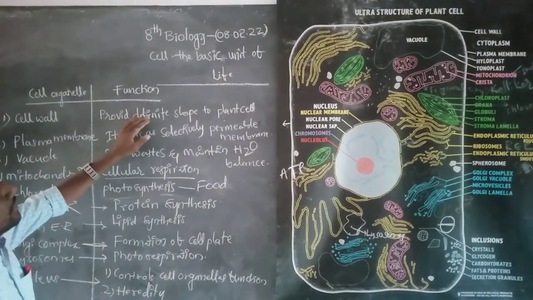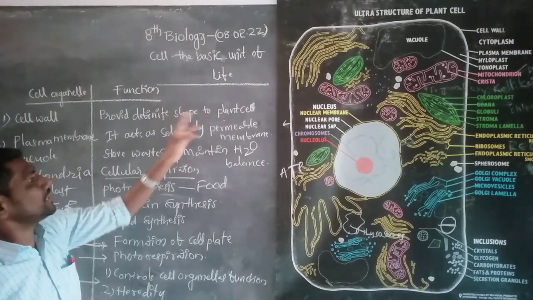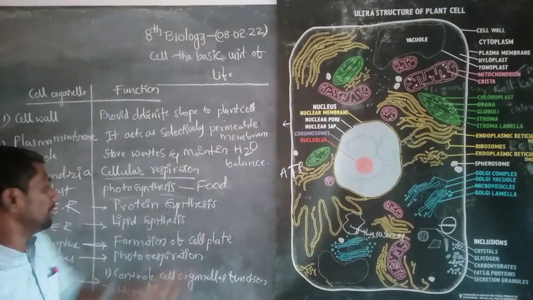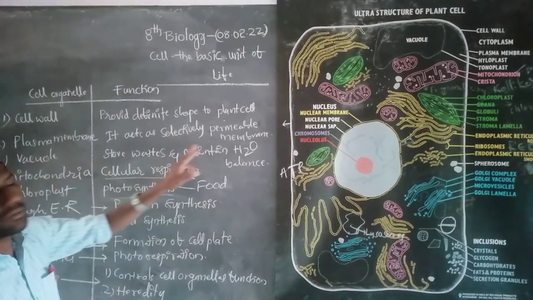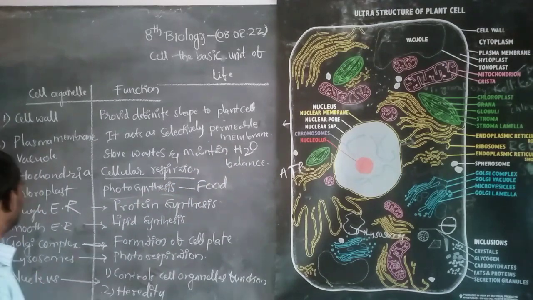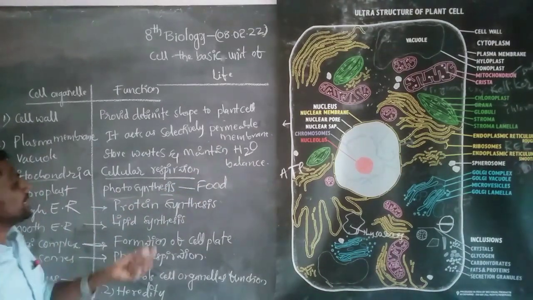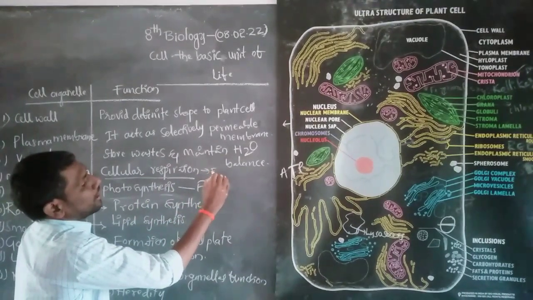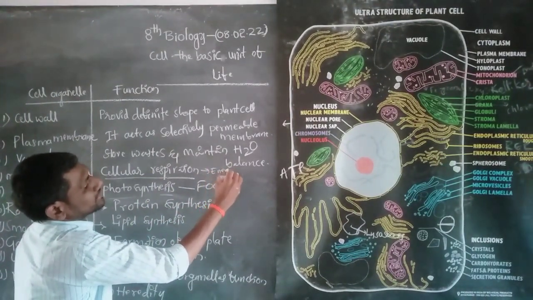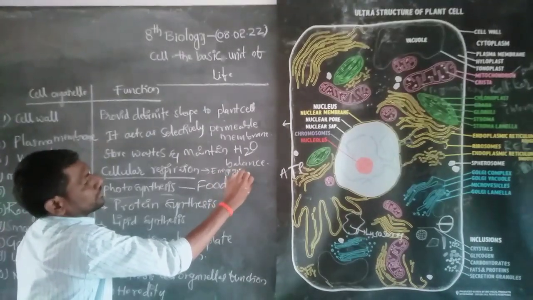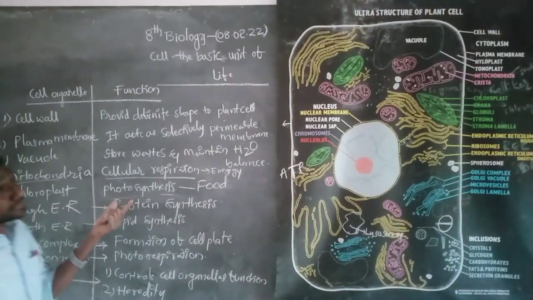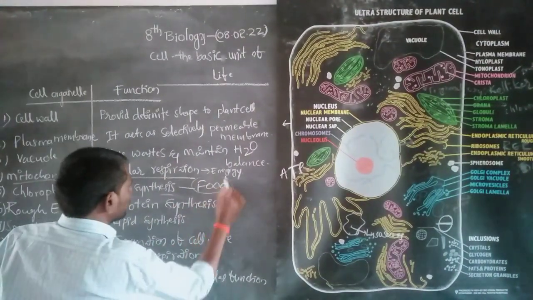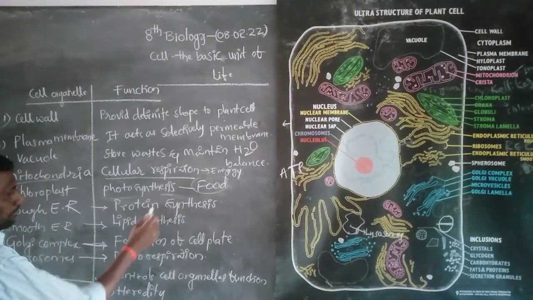These are the functions of cell organelles. Cell wall: it provides definite shape to the plant cell. Plasma membrane: it acts as a selectively permeable membrane. Vacuole: it stores wastes and maintains water balance. Next, mitochondria: it participates in cellular respiration and generates energy. Next, chloroplast: it performs photosynthesis and prepares food material. Rough endoplasmic reticulum: